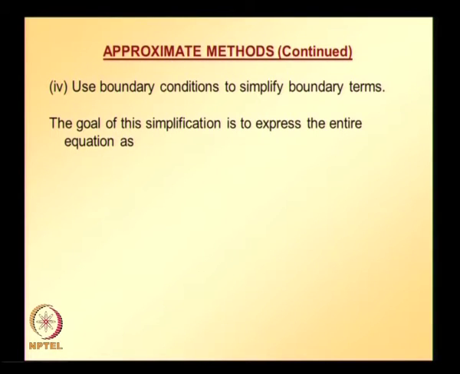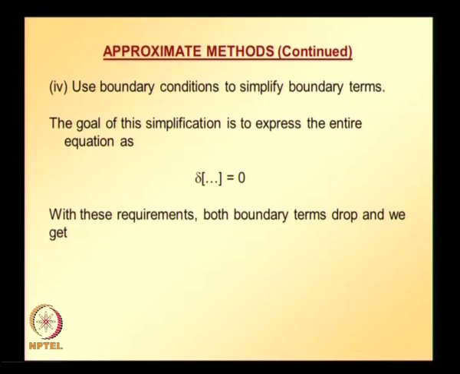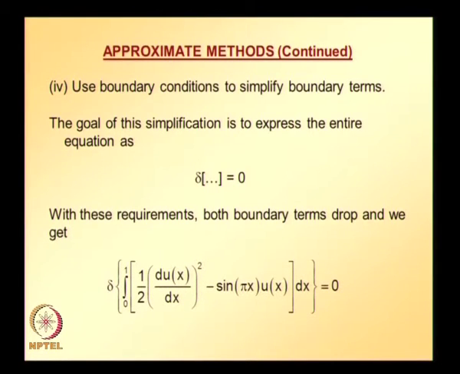The goal of this simplification is to express the entire expression as the variation of some quantity inside the brackets is equal to 0, and with these requirements both boundary terms drop and we get this one. And now we can substitute the admissible trial solution into this, and then we can use the condition that we have seen earlier,